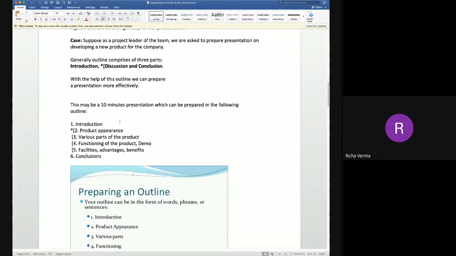How can you prepare? You can give an introduction about your product, about your company, the details of the company and what your company is all about. You can give the details about the product, how it is different from the products which are already there in the market, and how your company has decided that this product would be a little different from the things already in the market. So this comes under introduction.